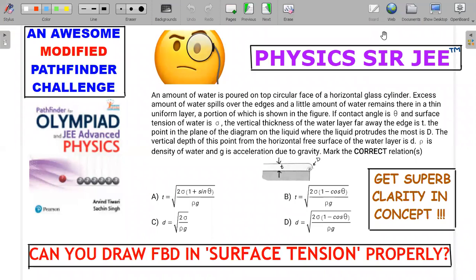If you carefully observe the past 7 to 8 years of JEE Advanced questions on surface tension, you would see that JEE Advanced people are more interested in you drawing the free body diagrams carefully in surface tension. So we need to get a very good clarity on how you need to choose the free body diagram, and that's why I slightly modified the question, because I think in the actual book they have asked only one of the concepts, so I have doubled it up in this particular problem. So without much further ado, let me present to you the modified version of this surface tension question.